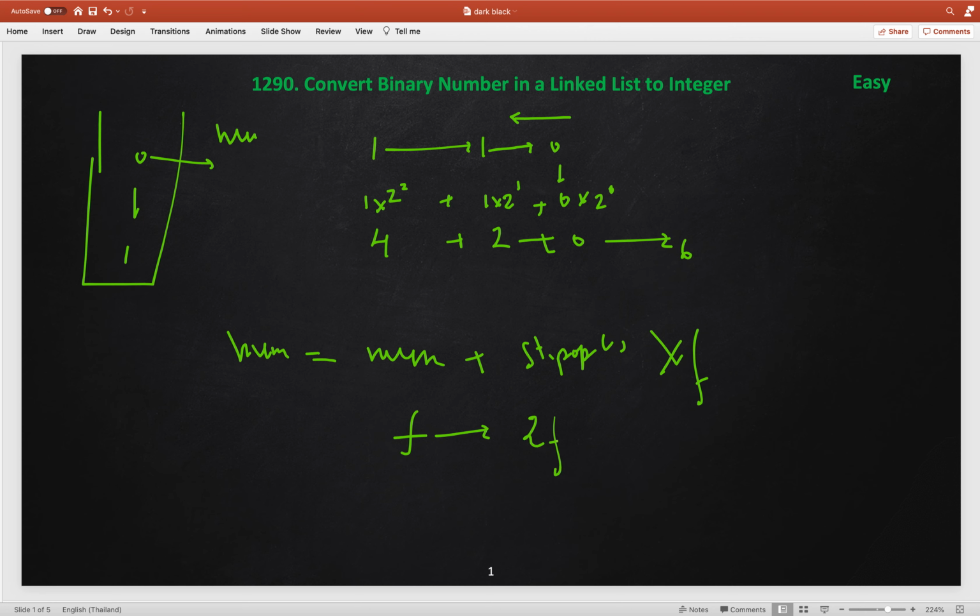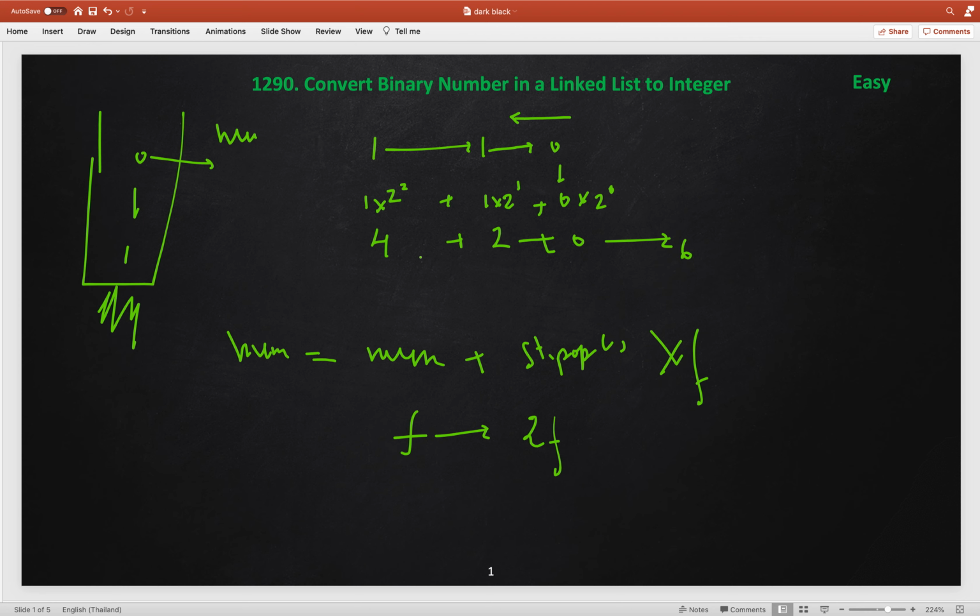This is one approach, but in this approach we have to scan the linked list 2 times, and we are using extra space for filling the integers into the stack. So can we do it without the extra space?